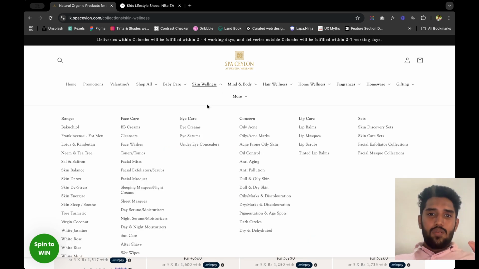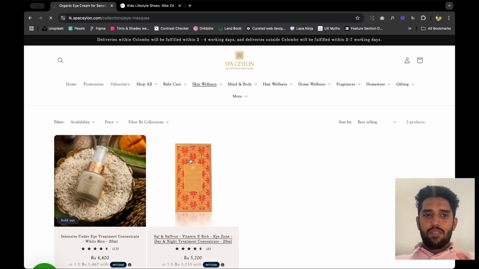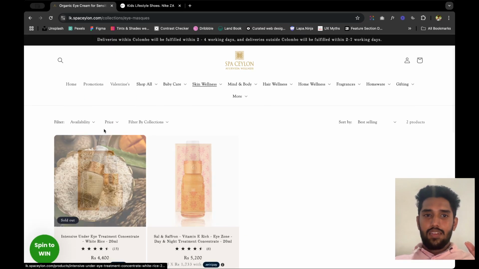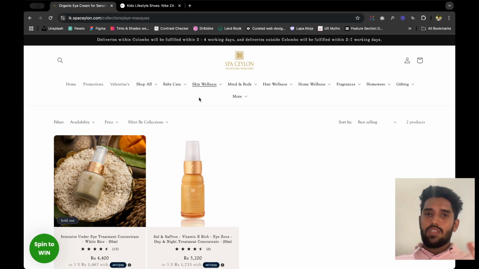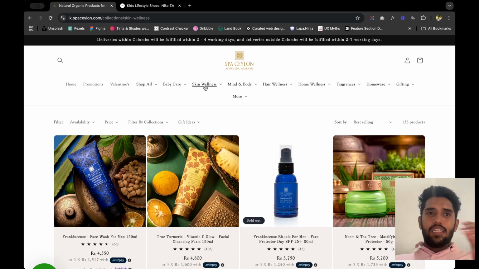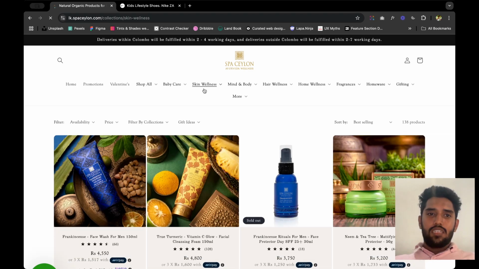For example, if I click on the drop down, I have a range of categories over here, but if I click on eye creams, then I am only shown eye creams, and then again it's just a product listing page. So one thing is, when designing a parent category like the skin wellness, it's important to have